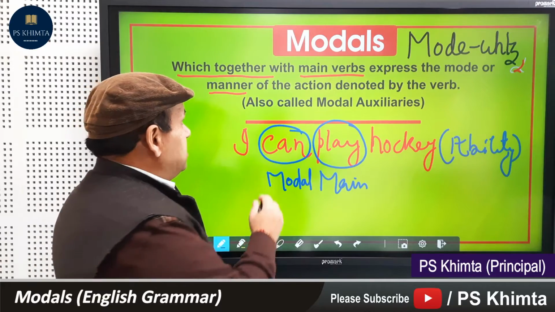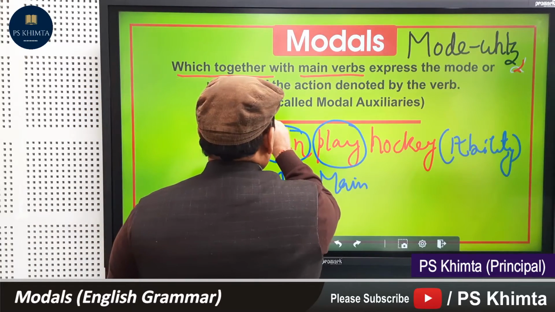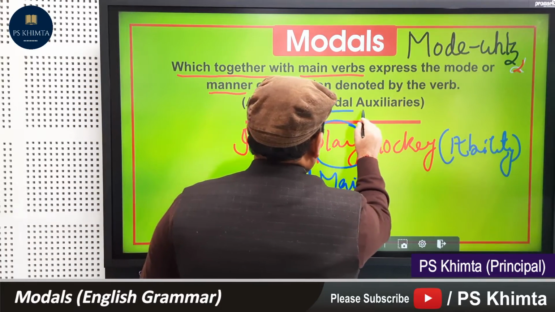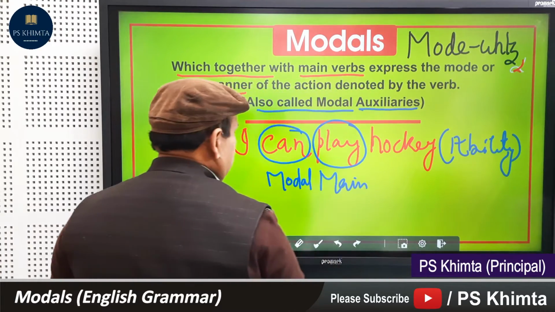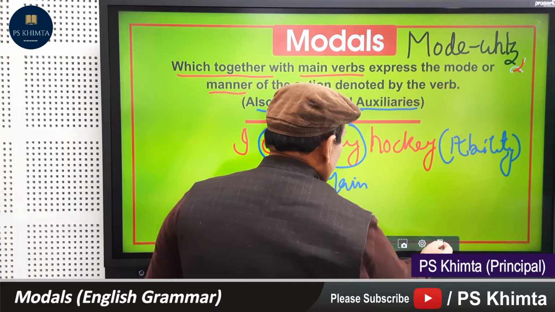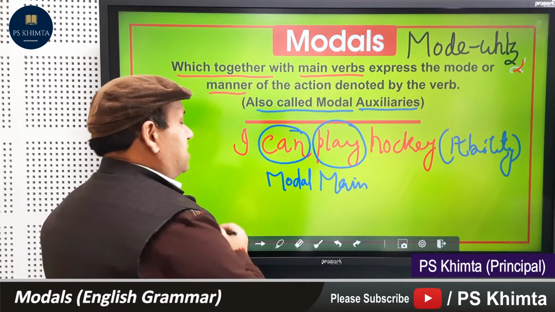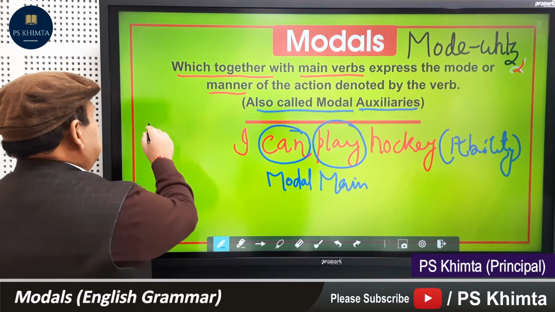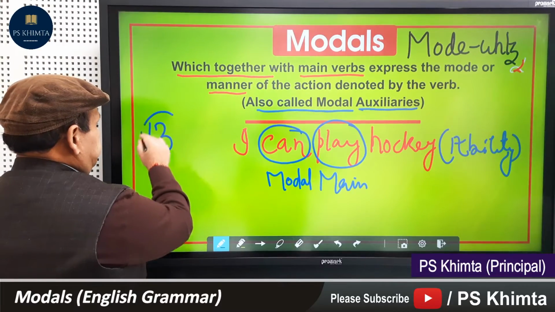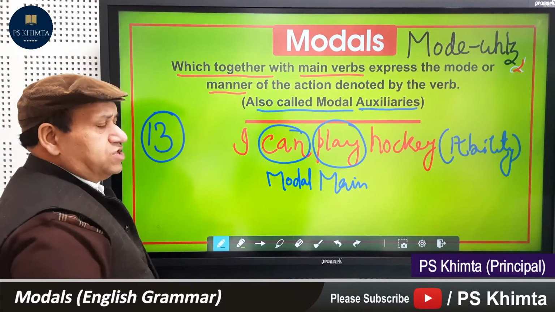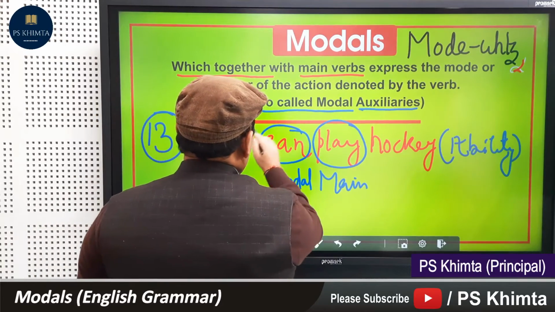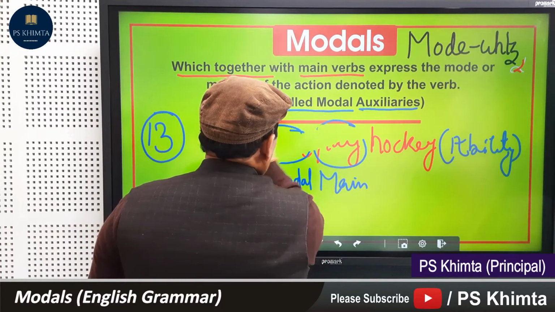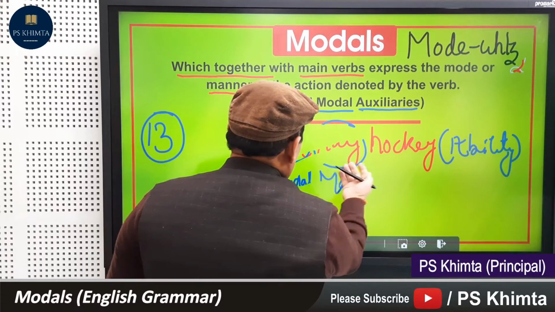Sometimes you have also heard that this is called modal auxiliaries also. This is the only thing we have to keep in mind, and we'll be going further. How many modals are there? As we said, there are 13 modals. We know this. And what are those 13 modals? Just see, we'll be doing this today. These 13 modals are